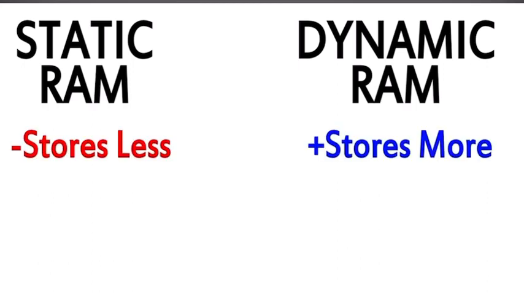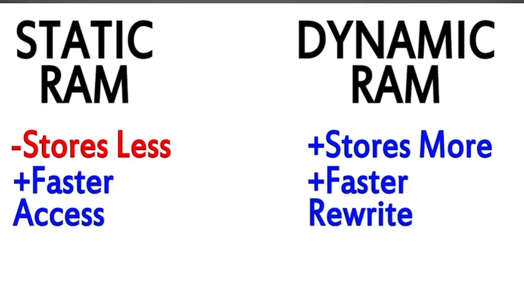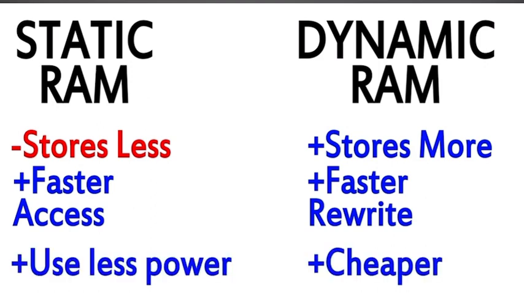Static RAM stores less data, while dynamic RAM stores more. Static RAM can be accessed much faster, and dynamic RAM can be changed much faster. Dynamic RAM costs less, and dynamic RAM uses more power. Now let's talk about how each of these work, and then I'll get into the types of things each one